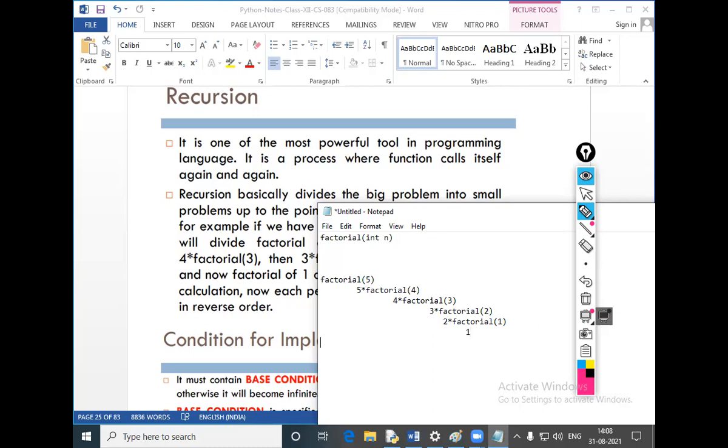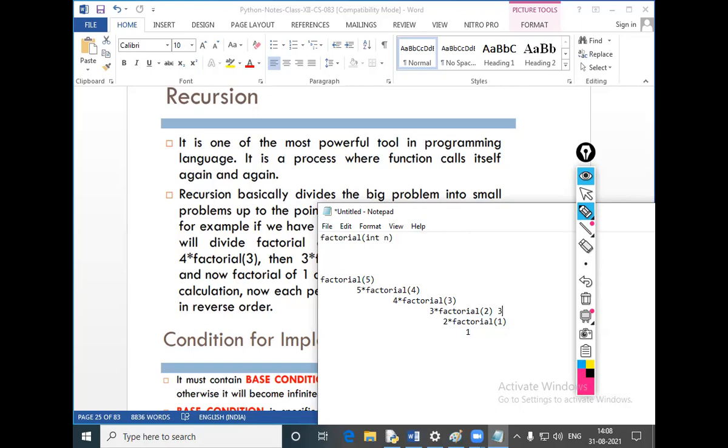Now, the calculation is very simple. Here, with factorial 1, it is 2 into 1. It will calculate at this step. Then the factorial 2 value is 2.